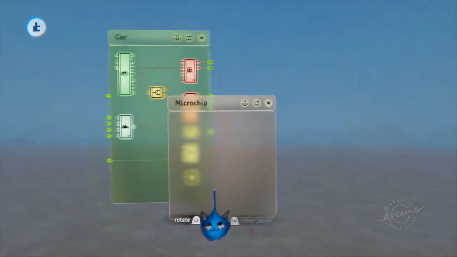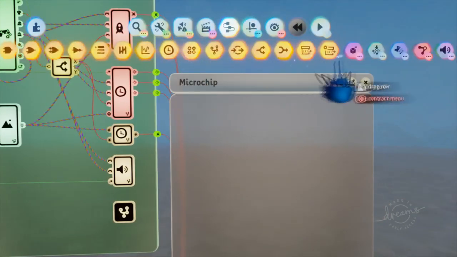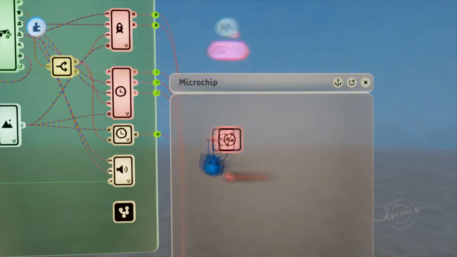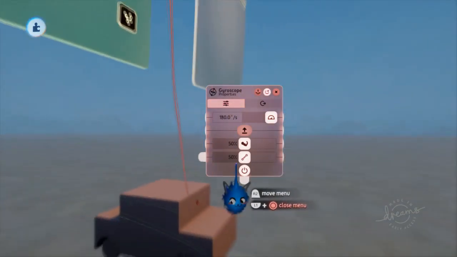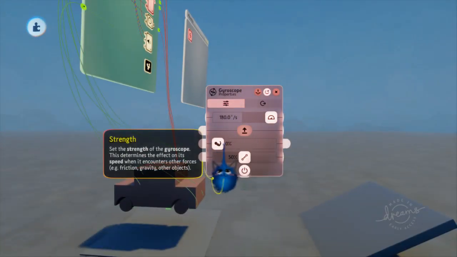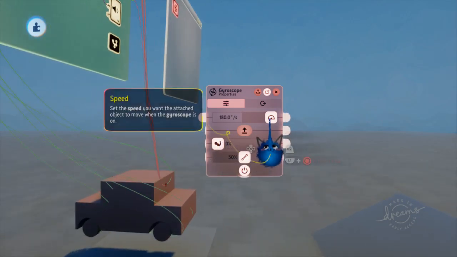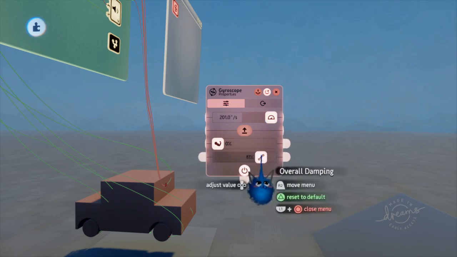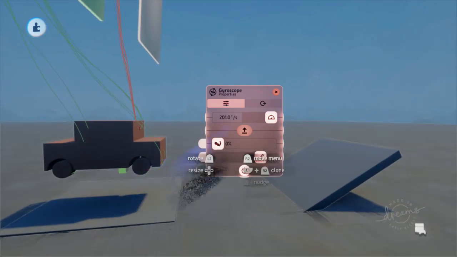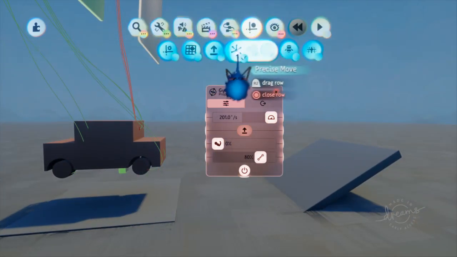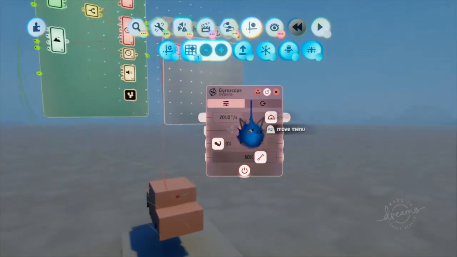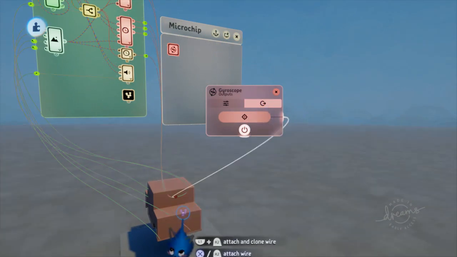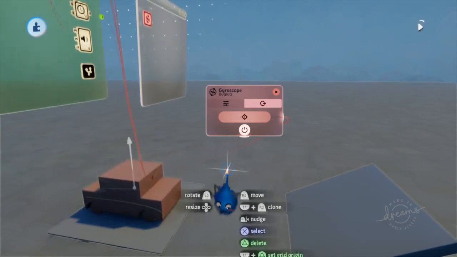and let's go ahead and first of all, to add some weight to our vehicle, we're going to add a gyroscope. And we're not going to add any strength into this, so we're going to have 0 strength. And we're going to have, I don't know, 200 speed maybe. I'm going to have a lot of dampening, 80% dampening. So this is going to keep our vehicle upright without actually applying any force. And of course, we're going to go over to the second tab to get the affected objects, and I'm going to go ahead and plug that into our vehicle. So now, hopefully,